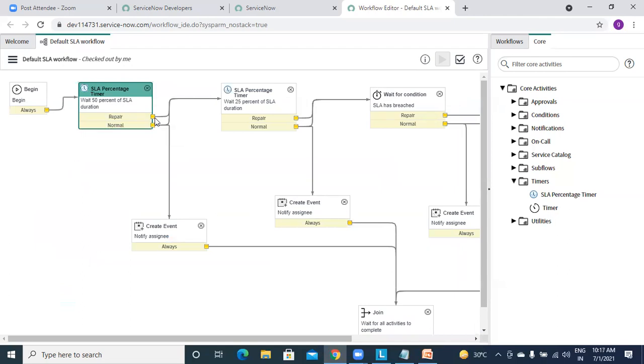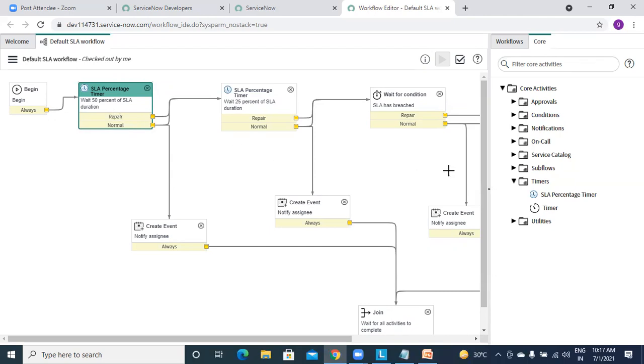One is repair, and one is normal. If repair, it will go to the next option. And if, when it reaches this point, there is nothing wrong with your SLA, not broken, not repair, without any issues, then it will go to the next step, that is create notification. We will see this also in a few minutes.